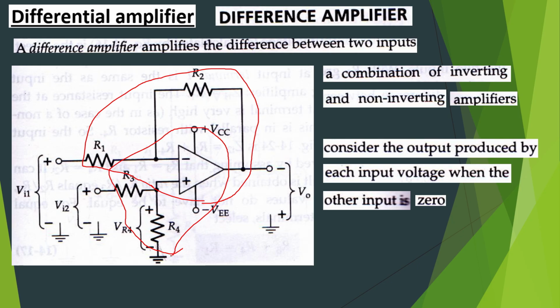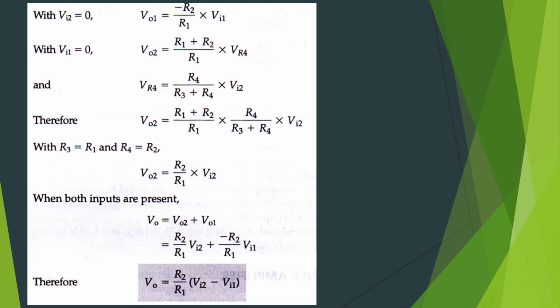Now consider the output, which is V0. Consider the output produced by each input voltage when the other input is 0. With VI2, the second input, equal to 0, V01 is minus R2 divided by R1 into VI1. With the first input VI1 equal to 0, the output V02 equal to R1 plus R2 divided by R1